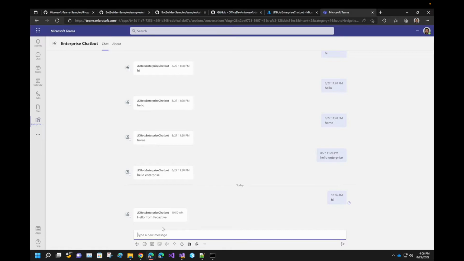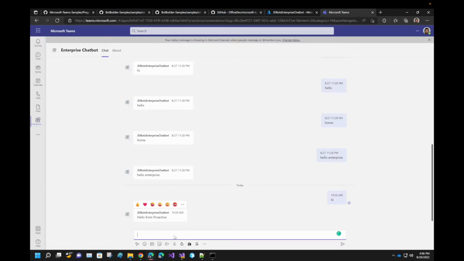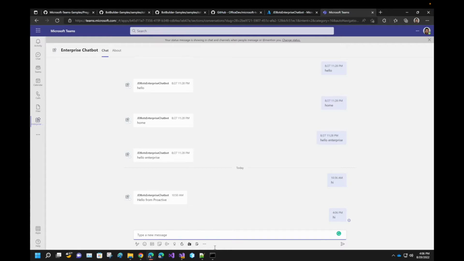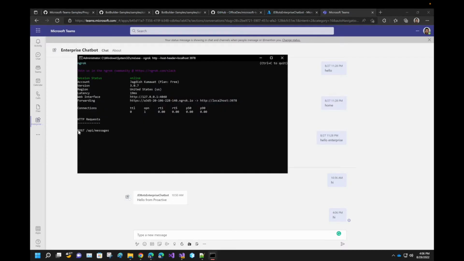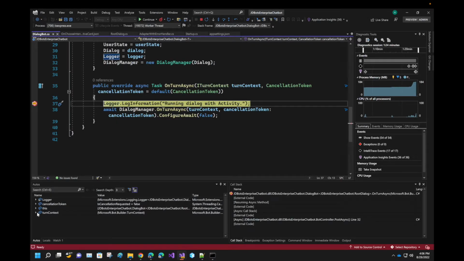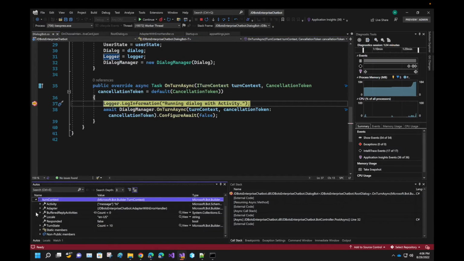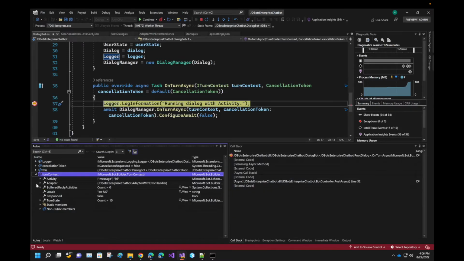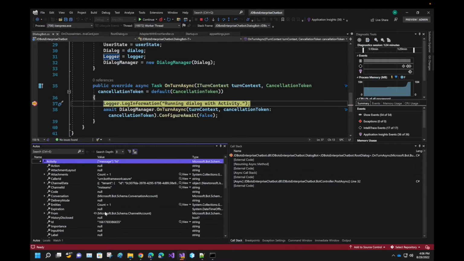Okay, this was what I was trying earlier, how we can use this sample. So I'll just say hi to the bot and let's see whether my endpoint is hit. Yes, it has been hit. And yeah, so we are here. I'll just be opening the turn context because all the details of the channel and the activity will be coming up here. So I'll open the activity and you can see the message that is being received is